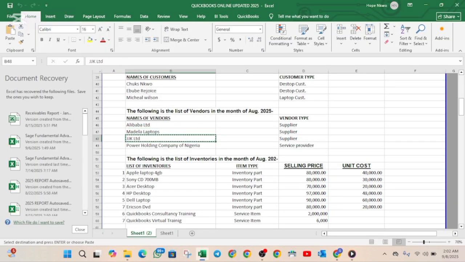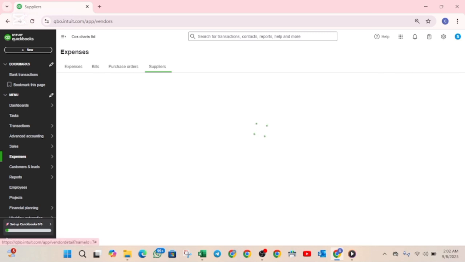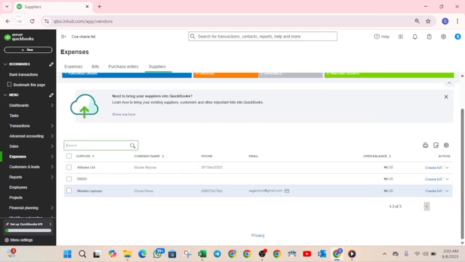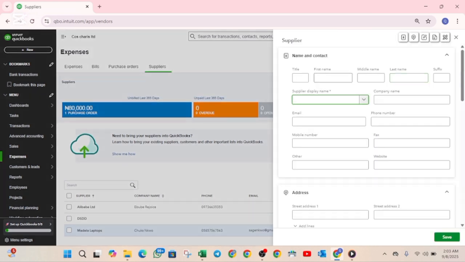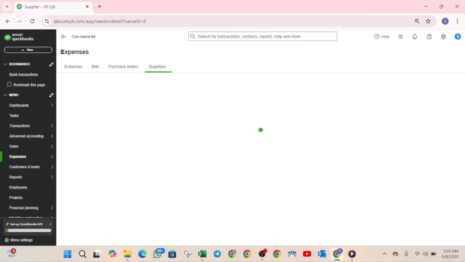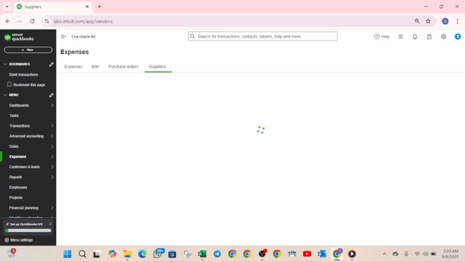Then I'll do the same thing. GKK Limited, this is also a supplier. New supplier, type in the address of this supplier, then the address, I'm going to use another address as well. Then I'm going to set up the next supplier, which is the last one,